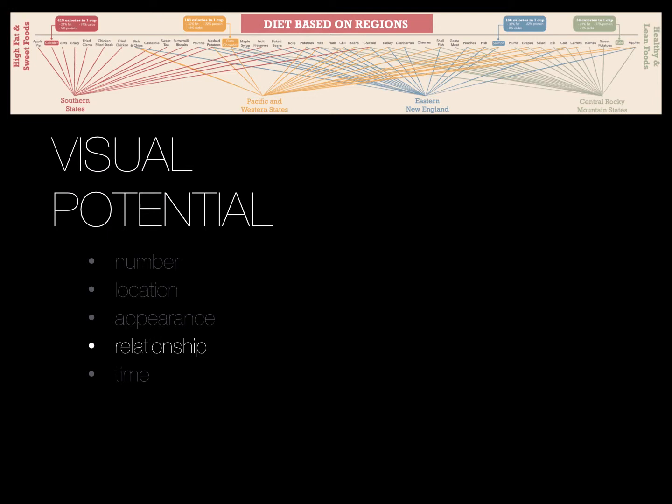At the bottom are each of the regions of the United States, and they're organized left to right, from the heavier states to the mid-range obesity prevalent states to the lighter states. And you can see that the heavier states, their diet in that region is much heavier, and then as you progress to the lighter states, the states eat more and more lean and healthy foods,